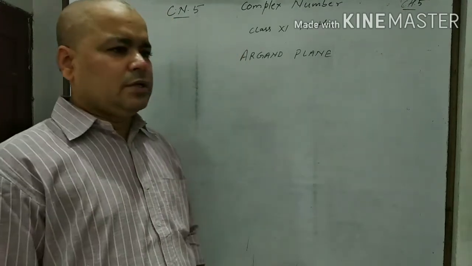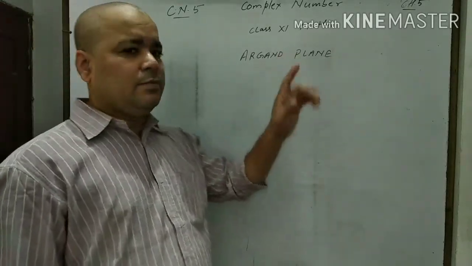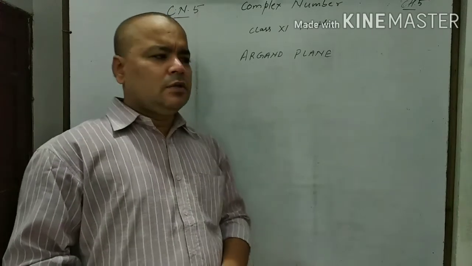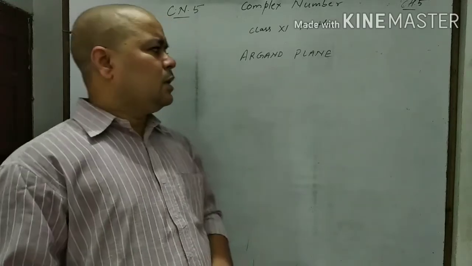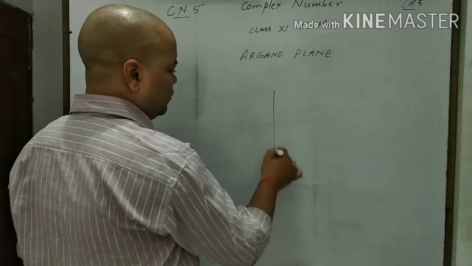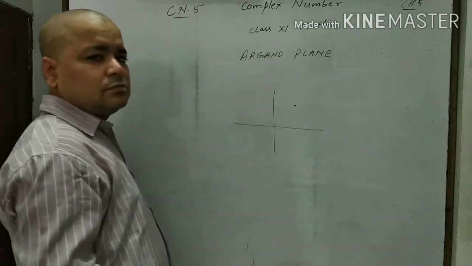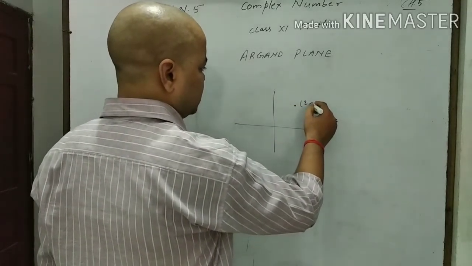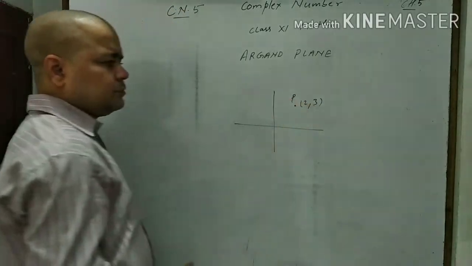Now here I am going to start the Argand plane. What is the Argand plane? Do you know what is the coordinate plane? That is also known as the Cartesian plane. The plane where any point, just like here, y-axis, x-axis, any point. What is this? A unique point. If we have this, let this be (2, 3). This is the point P.